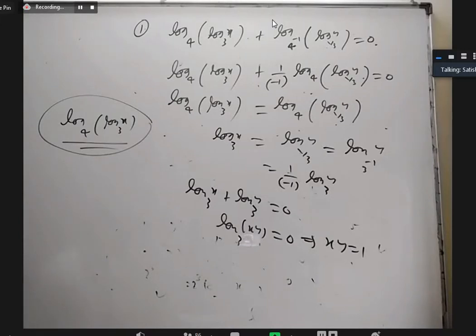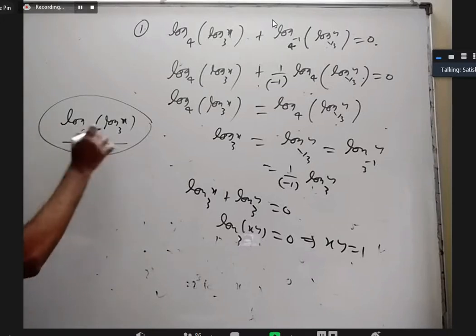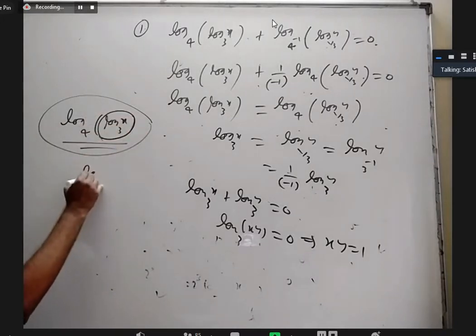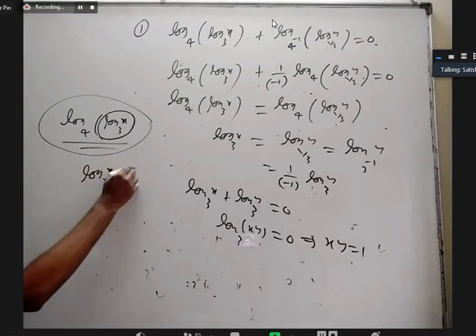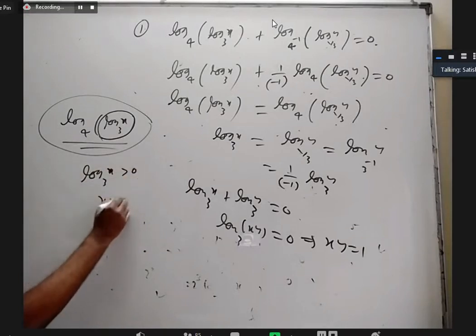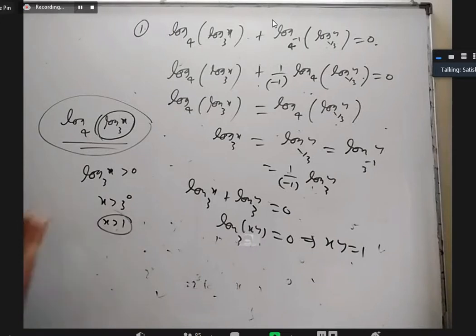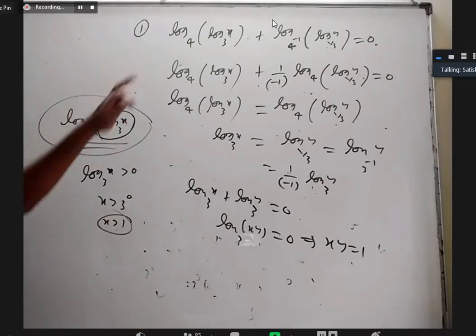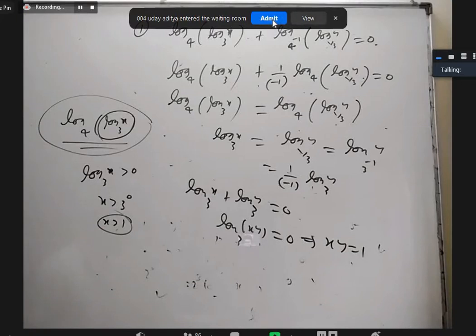Okay. Then what you said earlier, all R plus minus 1, is not correct, right? Okay. How did you say it is greater than 1? Sir, if it is less than 1, then log x base 3 is negative, sir. Yeah. When x is between 0 to 1, this is going to be negative and this log will not be defined. So if you want this log to be defined, this should be greater than 0. Log x base 3 should be greater than 0. Send this here. X should be greater than 3 power 0. X should be greater than 1. So for the first log to be defined, x must be more than 1.